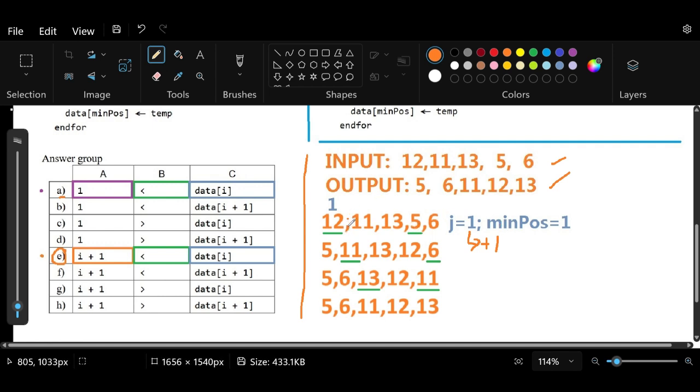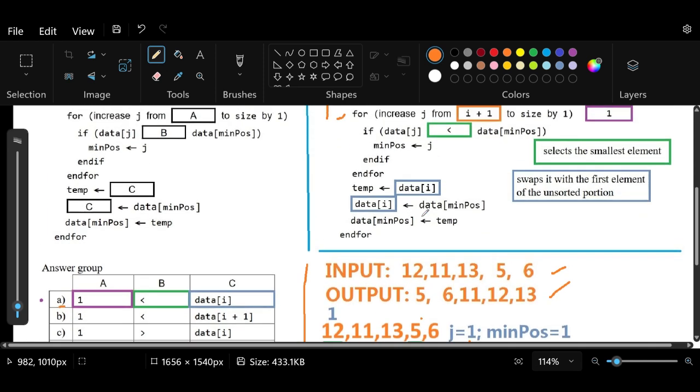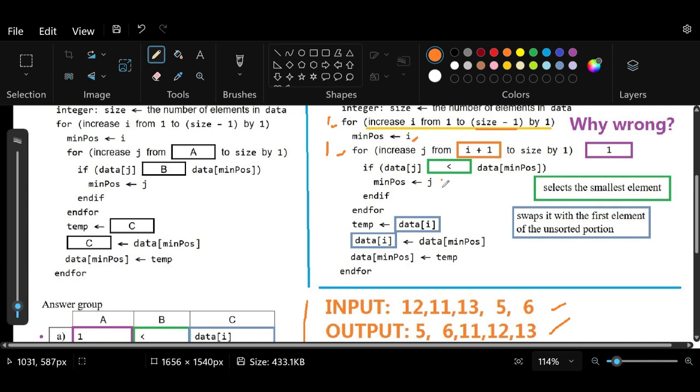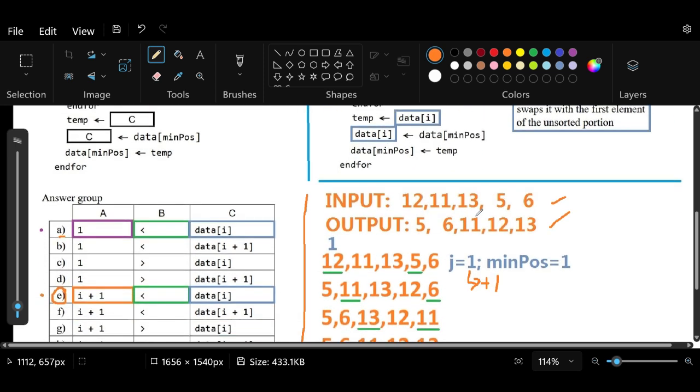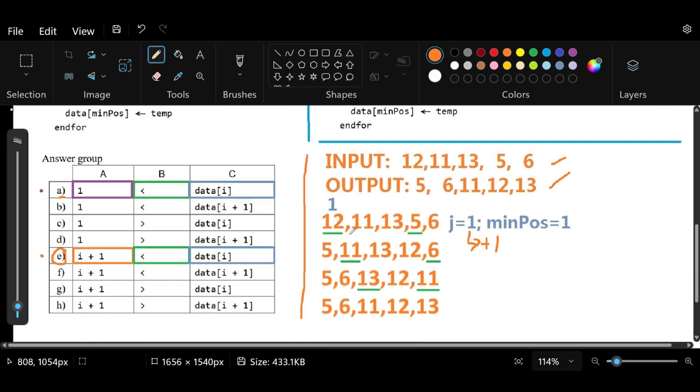Therefore, what we'll find is that we'll need to compare whether the current I is, let me see if I can see the part here again. If the current I is greater than the next one. In other words, is the next element smaller than the current I? Okay, so in this case, we're comparing 12 and 11. We find that